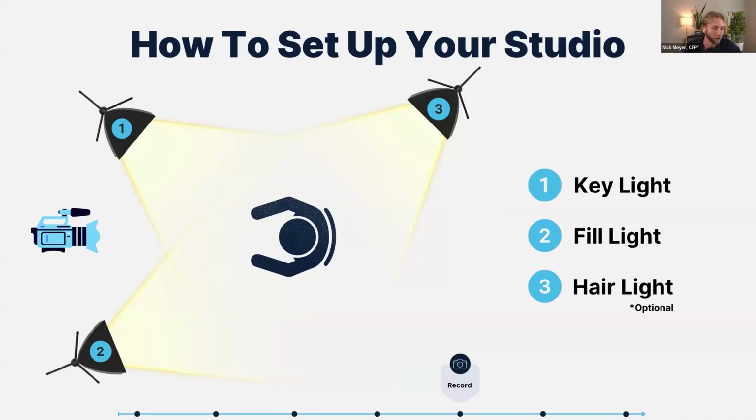I'm sure they're linked on Wealthbox as well. But we will still cover the need to knows. So the need to knows of setting up your studio: you're going to need three things if you want to look really good on camera and sound really good. One is obviously a recording device that's right in front of you. That can either be a recent model phone or a mirrorless camera. Two, you're going to want a high quality microphone that plugs into it, because if your audio quality is bad, no one's going to watch your video no matter how good it looks.